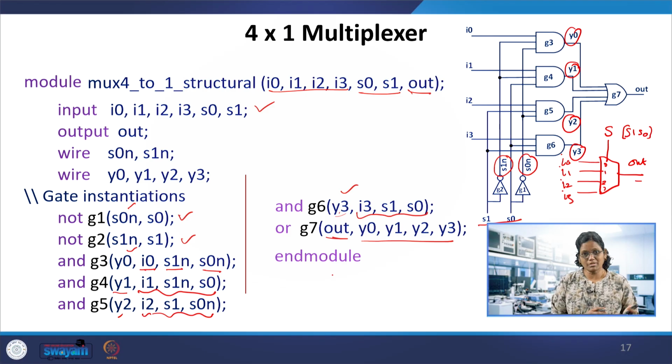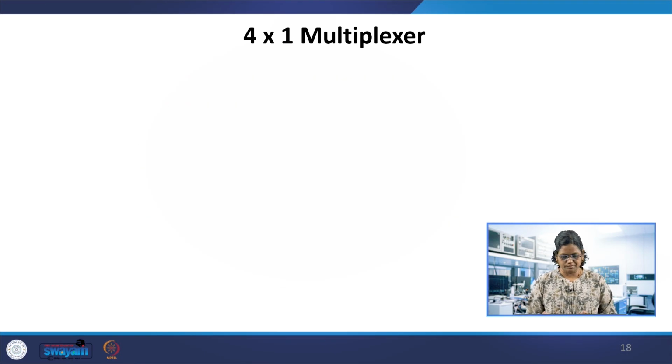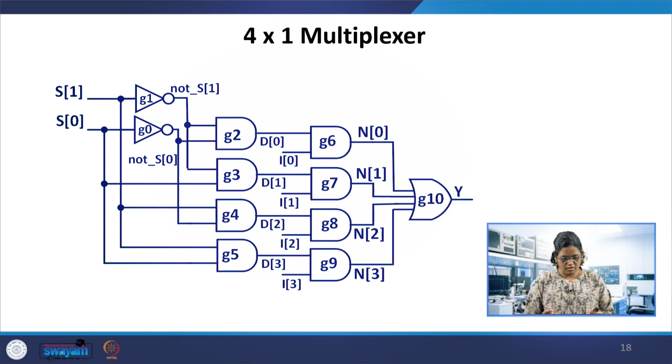Now this is similar to the one which we had already learned. With this example, we can also simplify this repetition of gate instantiations, which we are going to see in the next example. This is for making it an array, then combining the signals, so two of the wires can be combined into a 2-bit vector and so on.